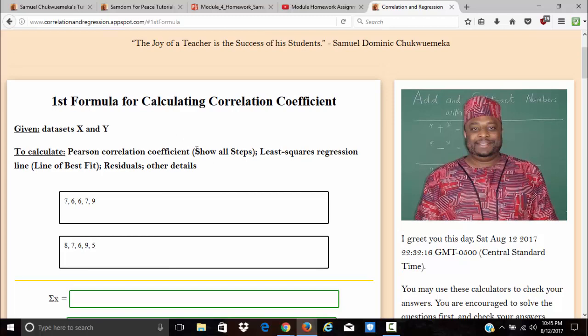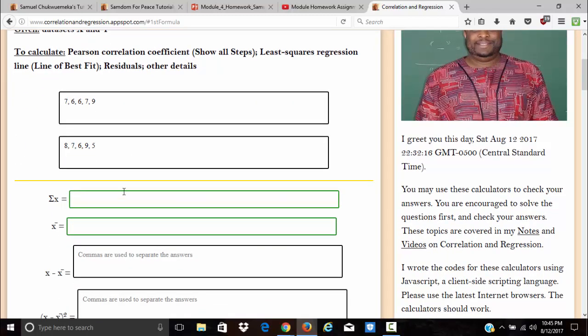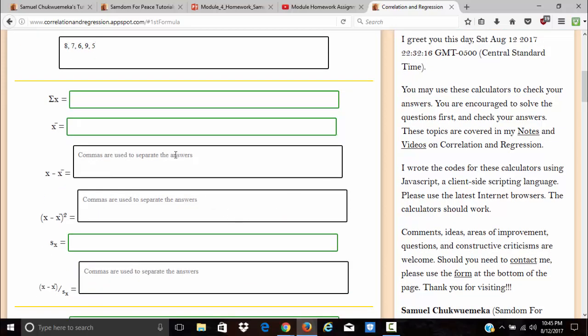This is showing all steps. So this calculator really helps you. If you look at the notes, you will see I solved it by hand. Then you need to show all your work, and sometimes students make a mistake in a particular table or step, and that would affect the result. But with this table, it tells you